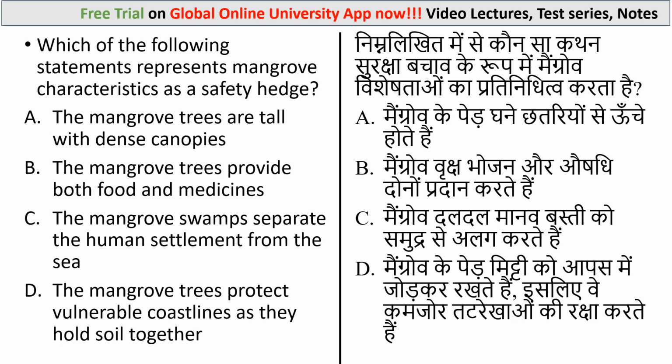In 2004, the tsunami made people realize that mangroves can serve as a reliable safety hedge against coastal calamities. The mangrove provides both food and medicine that people need after any natural disaster. Mangrove trees do not get uprooted by a storm and tide because of their extensive roots. The mangrove forest stabilizes the coastline, reducing the erosion from storm surge, waves and tide.